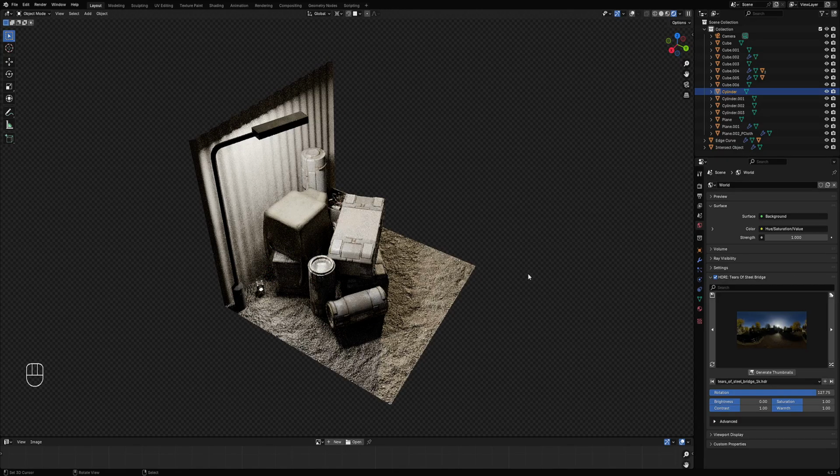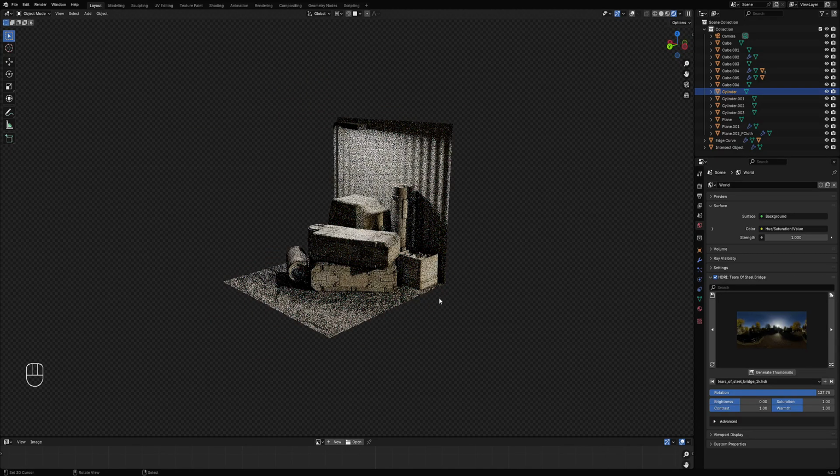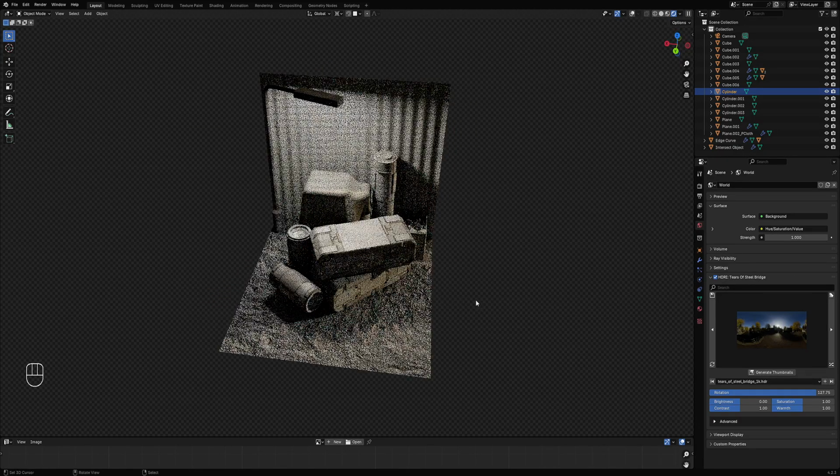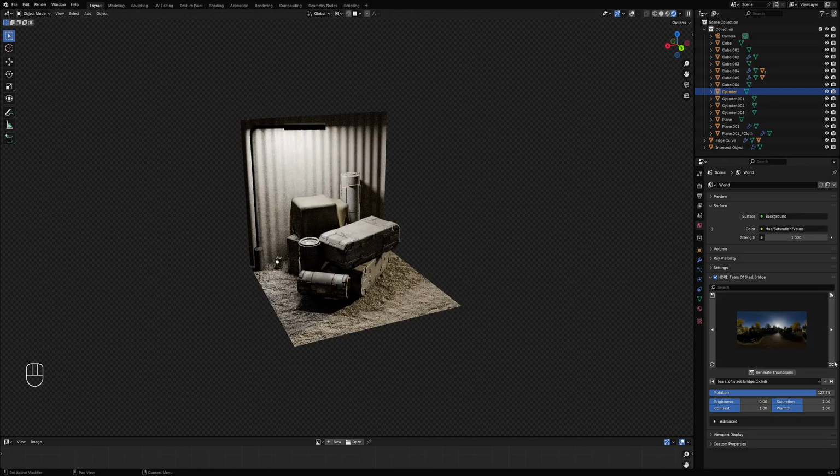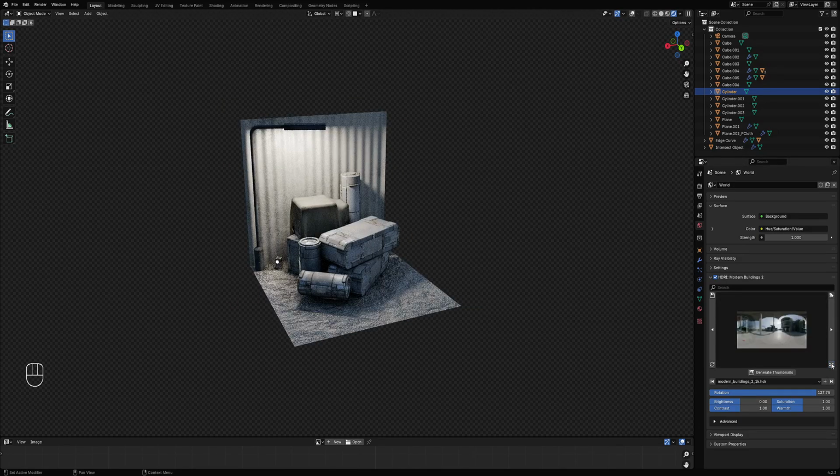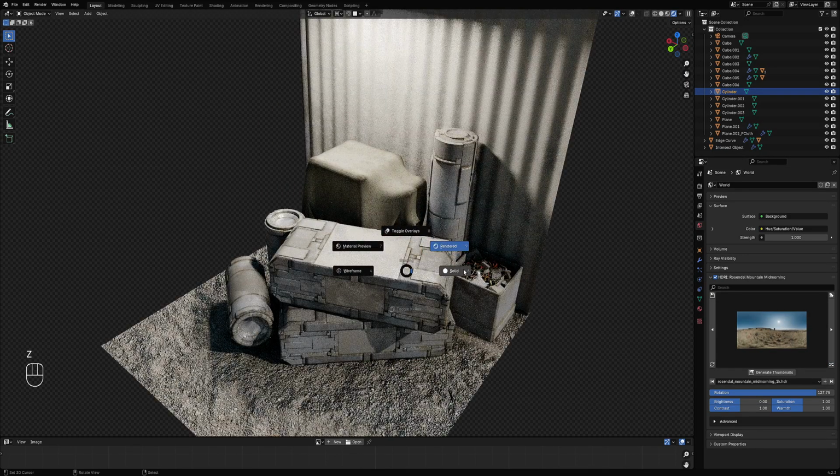I think that has shadows. Really brings out the detail. Makes the scene really moody. Okay, so